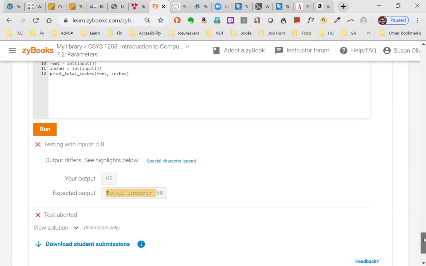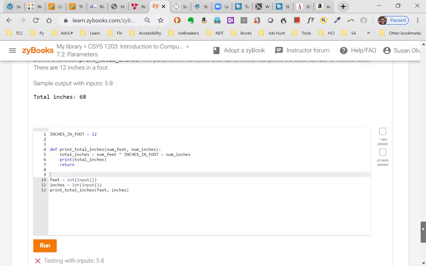Okay, I did something wrong. Oh, it does want me to say total inches. Okay. So they are doing real world. I was complaining when I should have looked first. Okay, so I should say total